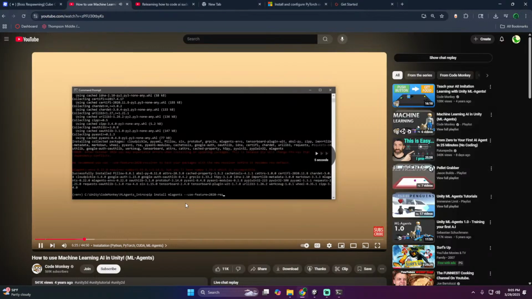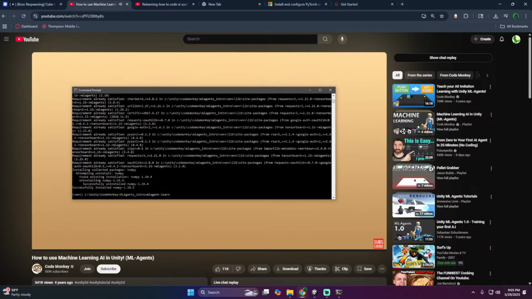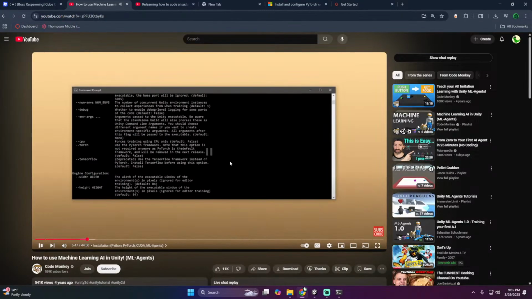then install the correct version and verify that the package was correctly installed by running the command mlagents-learn, and then use the command --help and hit enter. And yep, if everything went correctly,